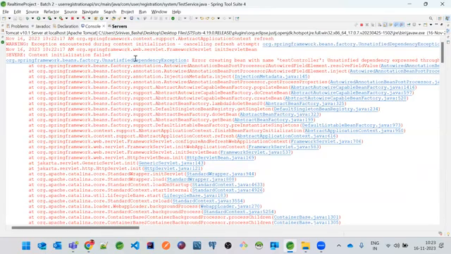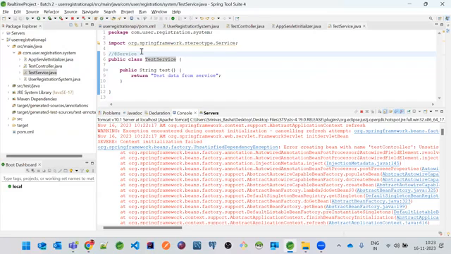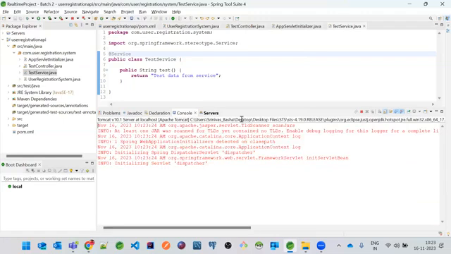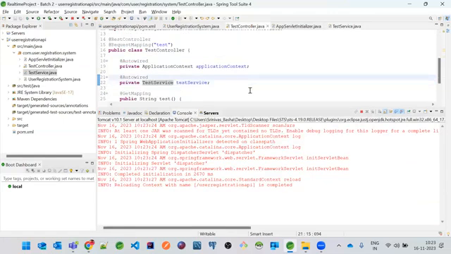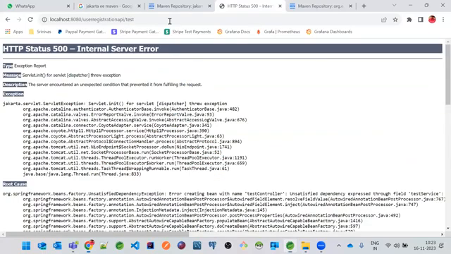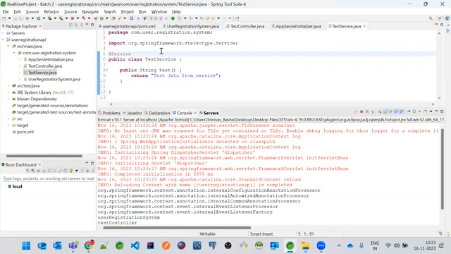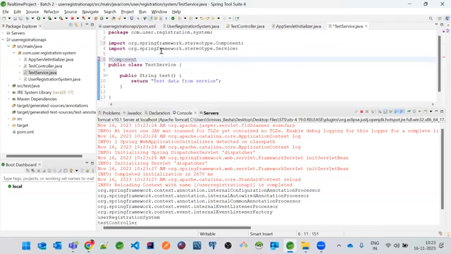Okay. Now, if you keep this annotation and then see the logs, it will start the application safely. That means all the objects are there, and this @Autowired annotation will also work. Okay. Now the other way around. Let's see what is happening behind the scenes. Let's say, can I use @Component on top of this class? Yes, you can use it.